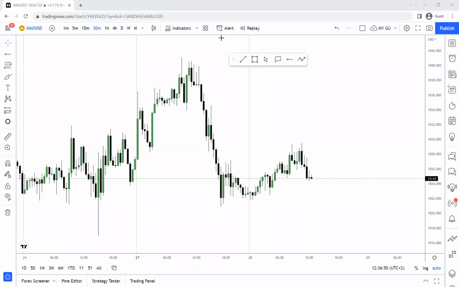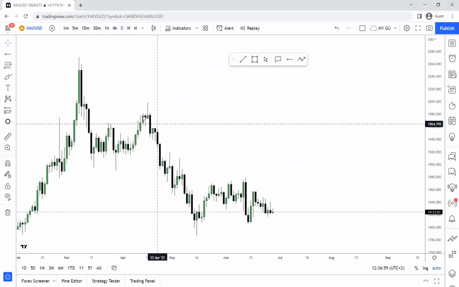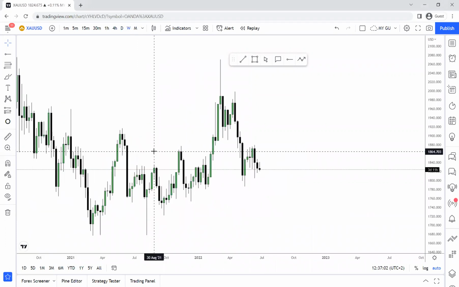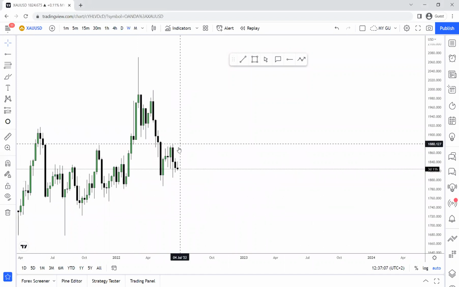All right, we are going to do our gold analysis and we are going to start on the daily time frame. Actually, let's start on the weekly time frame. If we look at the weekly time frame, we can all see that price is still trying to do the weak fill that we said price will probably try and do if it's going to continue going down, maybe to give us a weak fill and then go higher, or give us a weak fill, range a little bit, and then continue going lower.